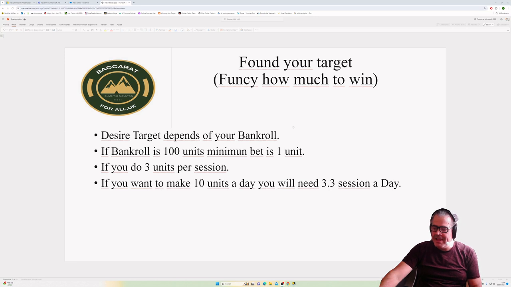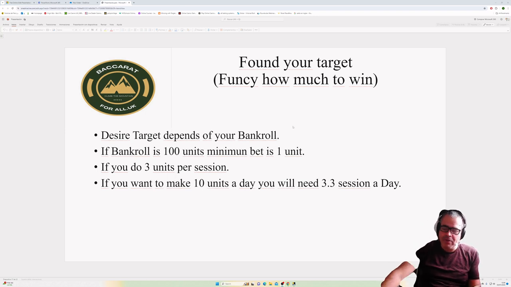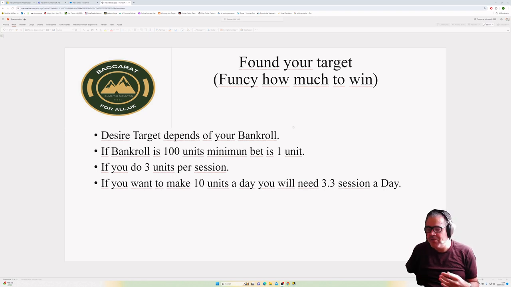Basically, I have here a good example, a nice example. If you are a beginner, and when I say beginner, I mean you are new to Baccarat Predictor. This is what I would do if I were at the very beginning, like I did. It's a new tool, so you don't know how it works, same as I didn't before. I didn't know exactly what the results were going to be.